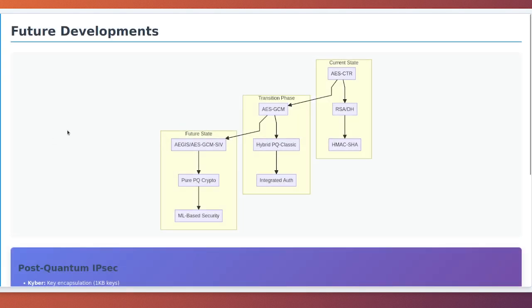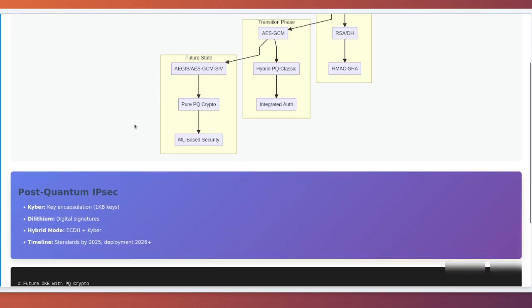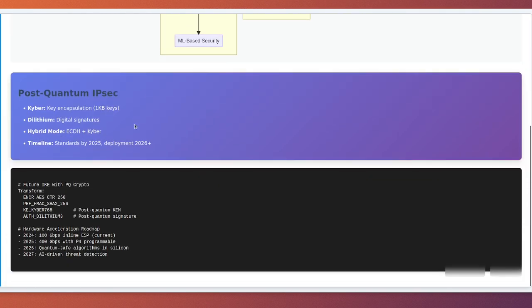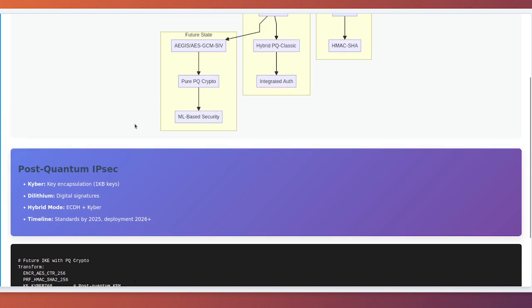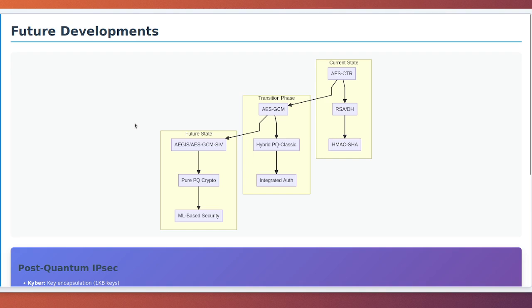Future developments. The landscape of ESP encryption is evolving rapidly in response to emerging threats, new use cases, and advances in both attacking and defending cryptographic systems. Understanding these future developments will help you make informed decisions about long-term VPN architecture and prepare for upcoming changes in the IPsec ecosystem. Let me share the key trends and developments that will shape ESP with AES-CTR and its successors